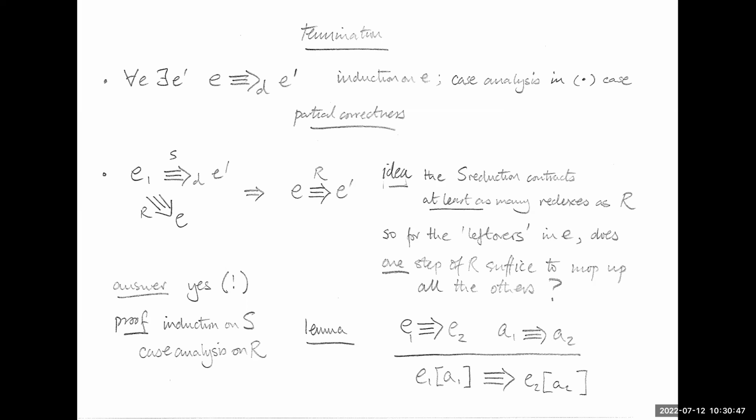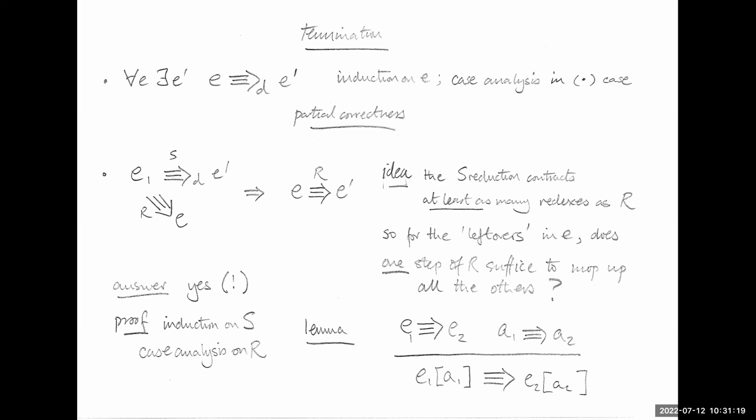We want the partial correctness to be straightforward. Now, I don't know whether this is joinability, the triangle property, because what am I going to do? I'm going to go from E1 to E prime, and I'm going to go from E1 to E by R. And what's my claim in the triangle property? That I can get from E to E prime, so up there, that's, as it were, joining the reduction back to E prime. So is that joinability? Okay, well, let's take that offline.